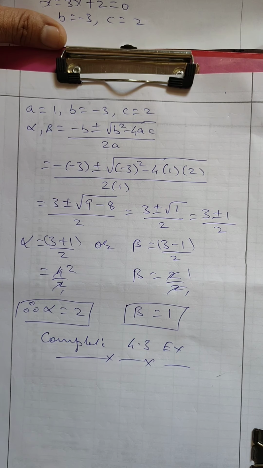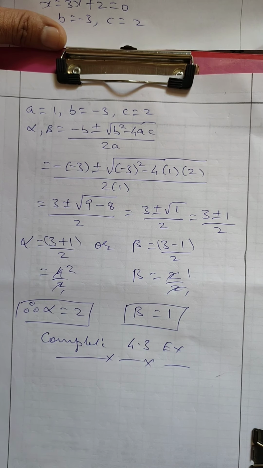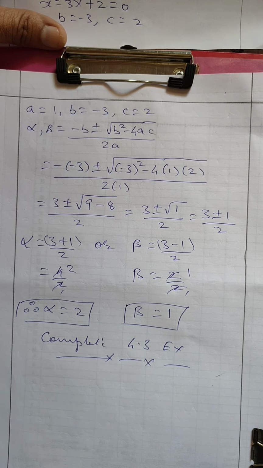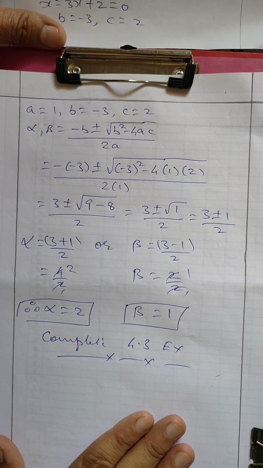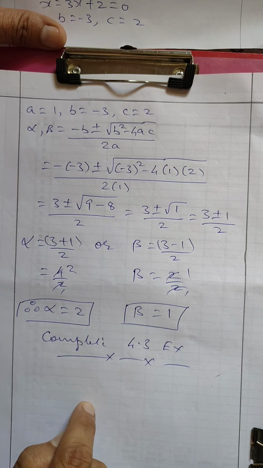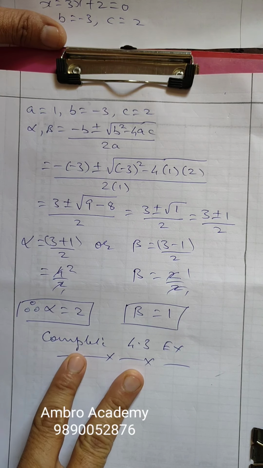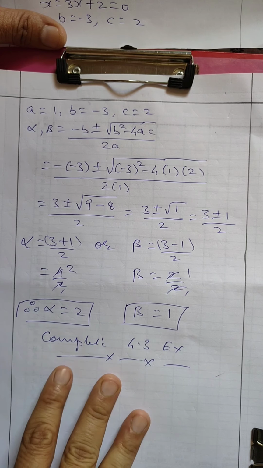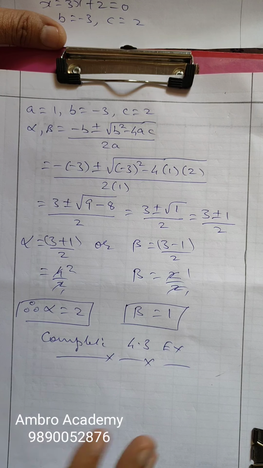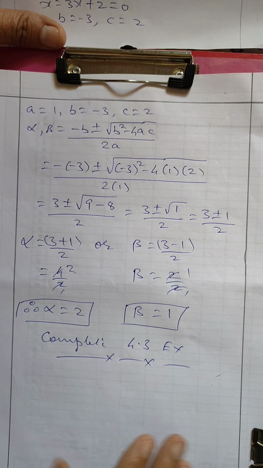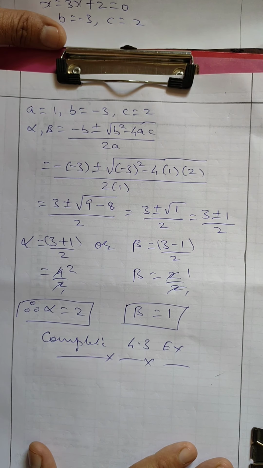So you should be expert in quadratic equation, and formula method is one of the easiest methods to solve it. But what I want, when you are solving the quadratic equation, not only solve by formula method, also solve by completing square method, and number 3 by factorization. Means the same problem, solve it by 3 different ways, so that all the 3 different steps should be clear with you.